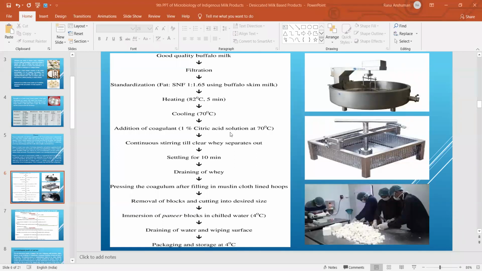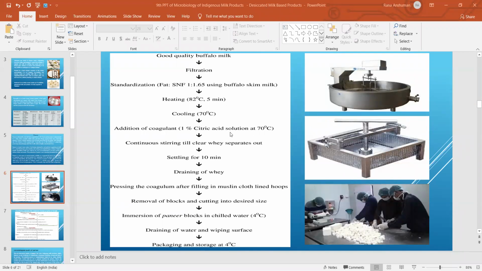But nowadays, people have started using some other coagulants for manufacturing of paneer. Calcium lactate people have started using in combination with citric acid. A number of different kinds of enzymes or a combination of different enzymes extracted from different fruit as well as vegetable sources, people have started to combine them and use them for manufacturing of paneer in the well-organized sector.